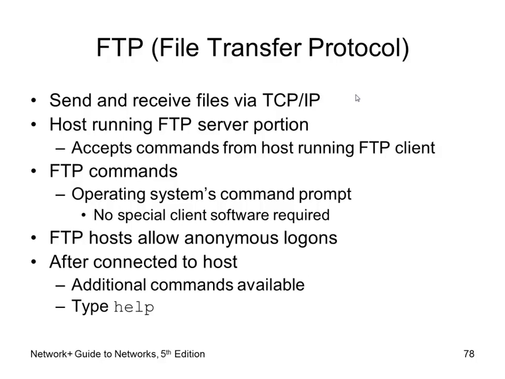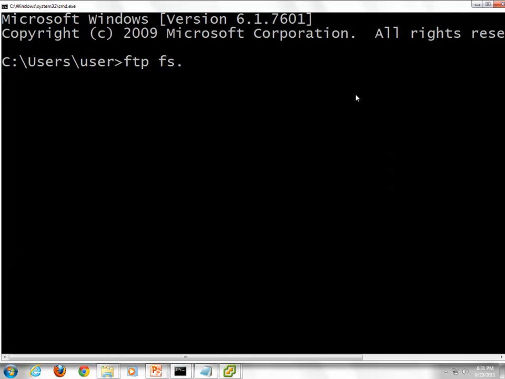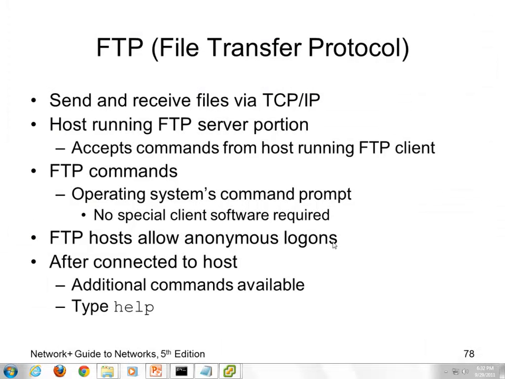All right, FTP, File Transfer Protocol. Got to show you that one too. Okay, I'm connecting into the file server down the hall to transfer some files. What's funny about this is, see how it tells you I'm connecting to a Microsoft FTP service? That's not usually good. It's called enumeration, because now what did I learn already? I know the OS, I know a lot of stuff already. Now, if I'm going to try to break into it, I can focus just on the Microsoft FTP vulnerabilities.